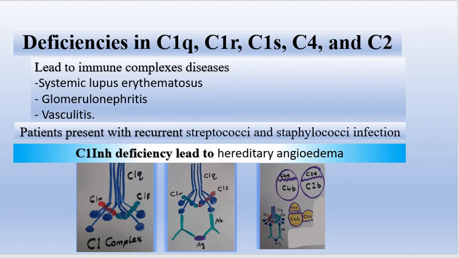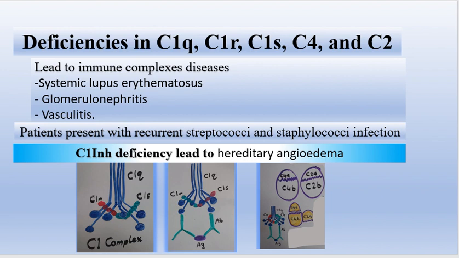be seen here. And also the early components of the classical pathway of the complement: C1q, C1r, C1s, C4, and C2. So deficiency in these will lead to immune complex disorders, for example, systemic lupus erythematosus, glomerulonephritis, vasculitis, and also patients with deficiency of these components may come with recurrent streptococcal and staphylococcal infection, and deficiency of